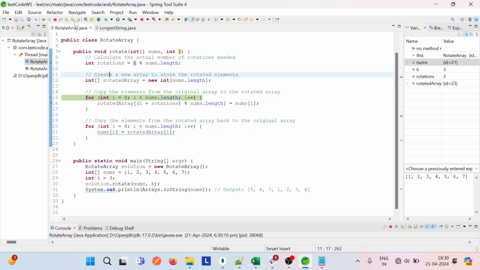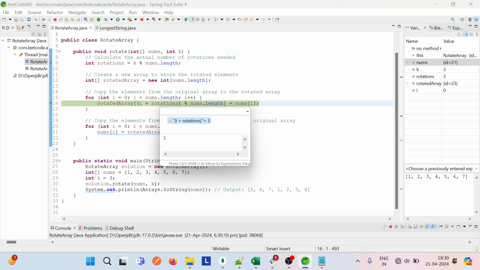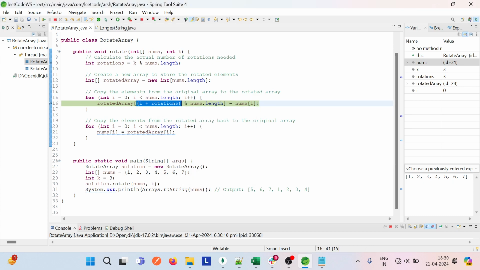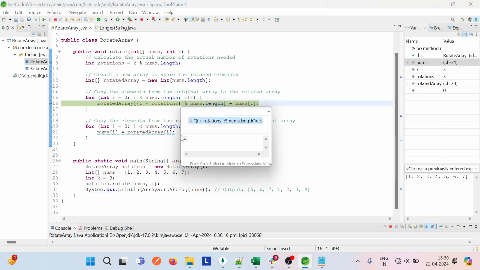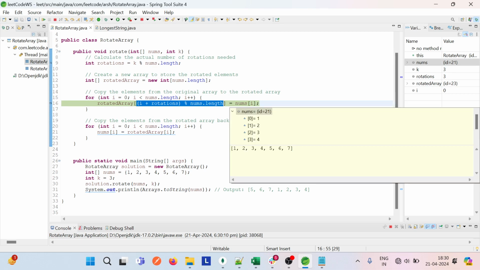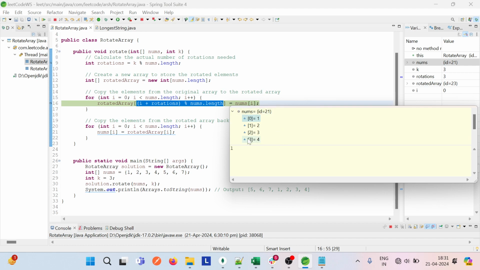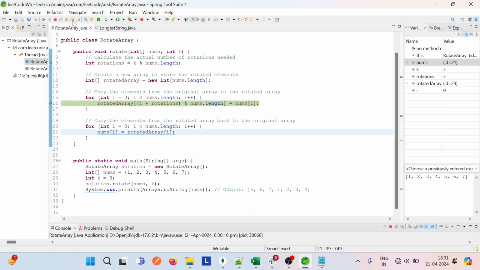Now we are putting down the values into the rotated array. You can see over here, i is 0 and rotation is 3, then 3, and we have taken the modulus, so the value will become 3, and at index 3 we put the value of i, meaning 0.